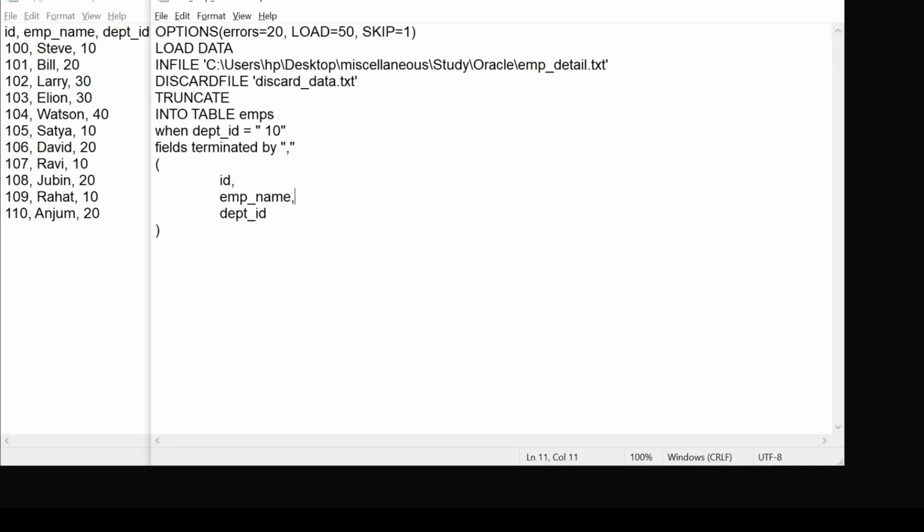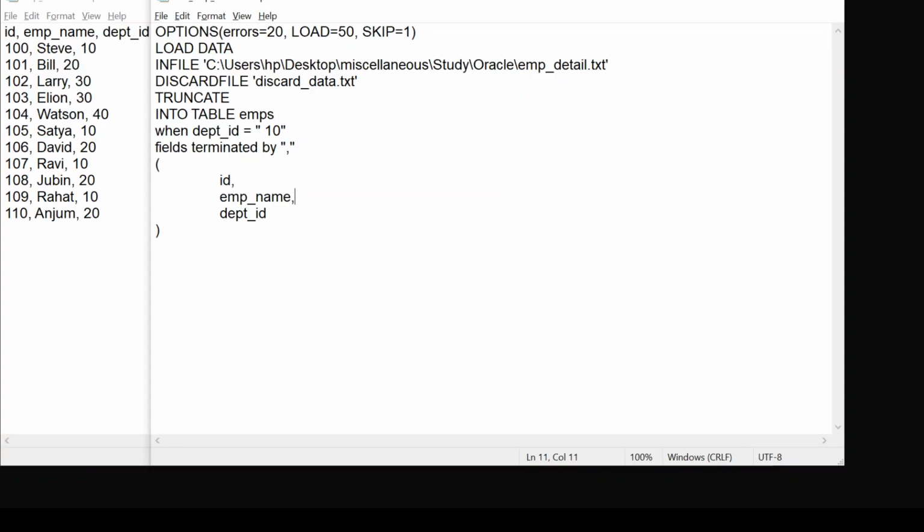Load 50 means it will load 50 records. We can change this count according to our requirements. And skip is basically used to skip records. As we have mentioned 1 here, it will skip the first record, meaning the first row from the data file. If we put 2 here, then it will skip the first 2 rows, like that.